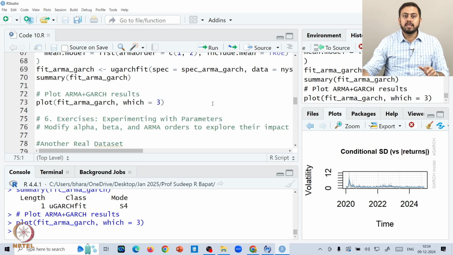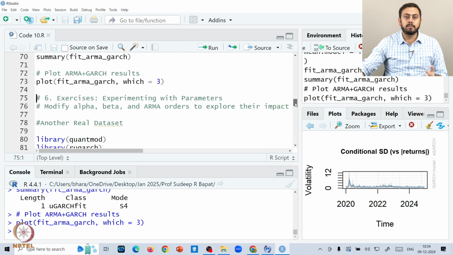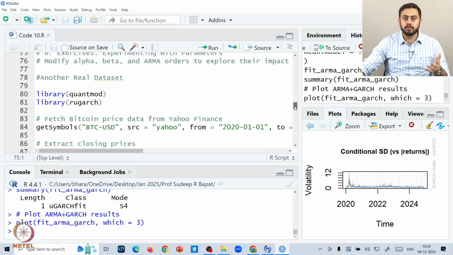So broadly speaking, and again if you scroll down, since we do not have time in this session, I will stop here, but just to mention that since you have access to the code, the next exercise is using some other real data set, and here we have Bitcoin data, okay. So if you are more interested in modeling some ARCH/GARCH processes on Bitcoin data, you can go ahead and try to complete this worksheet, okay.